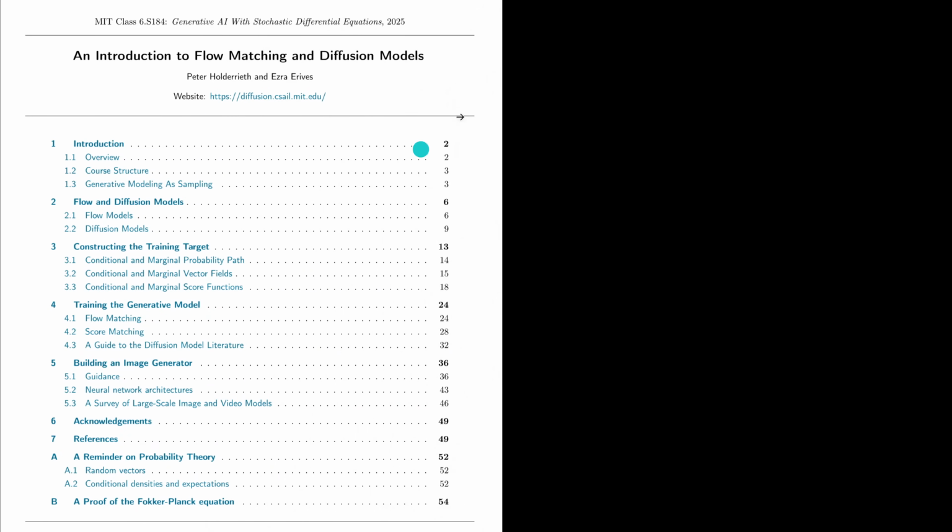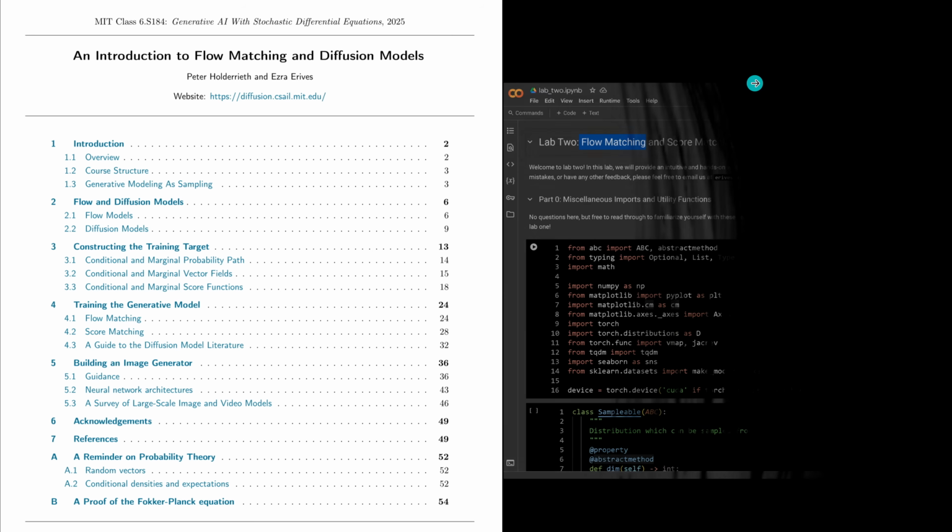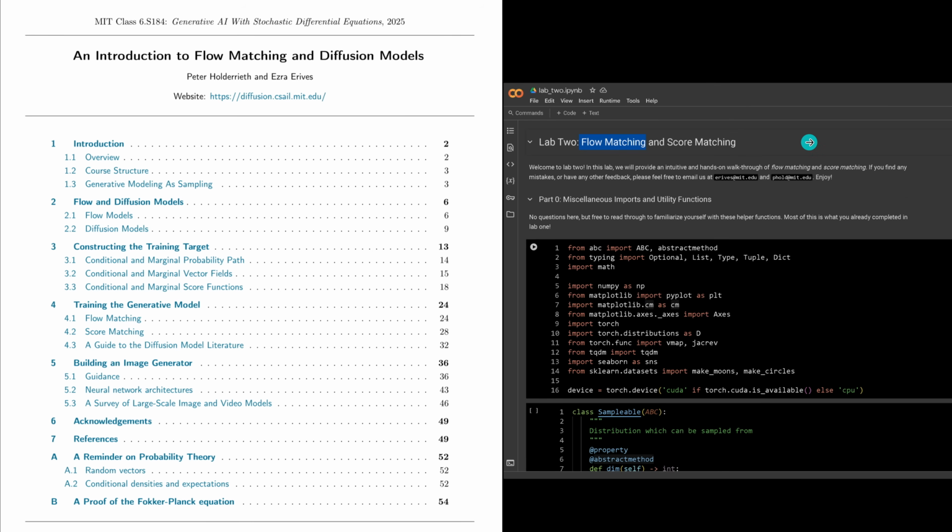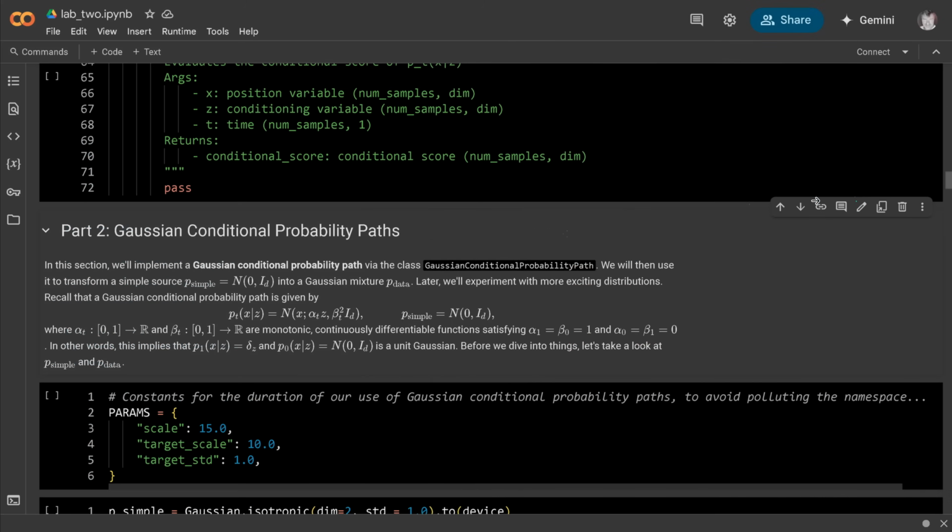So I showed you the website, diffusion.csail.mit.edu. They give you really the mathematical foundation for flow matching and diffusion models. I also showed you we have Python notebooks you can use immediately. It is free for you to use. They even give you an explanation of what the code is doing in the next segment. So perfectly, we understood everything and we are now on the same level, so let's open up the next video.